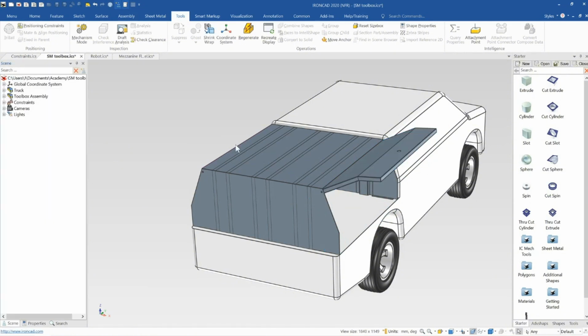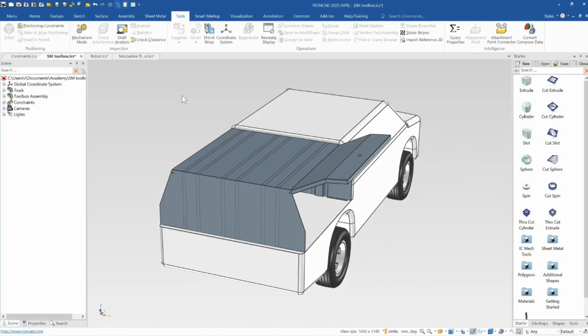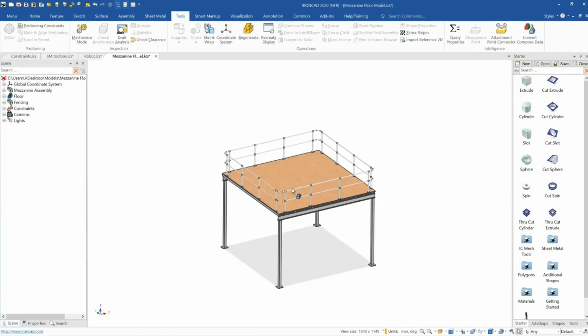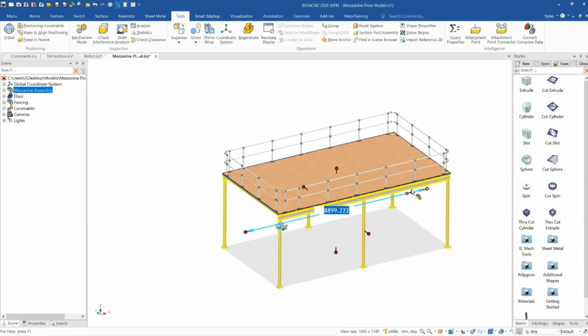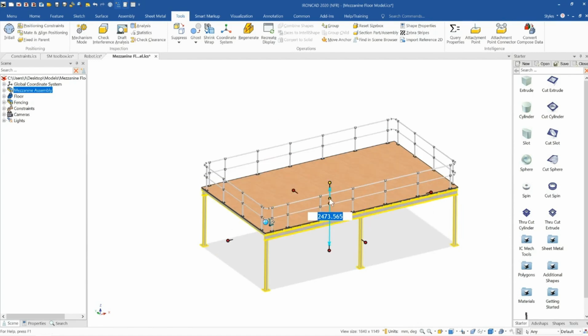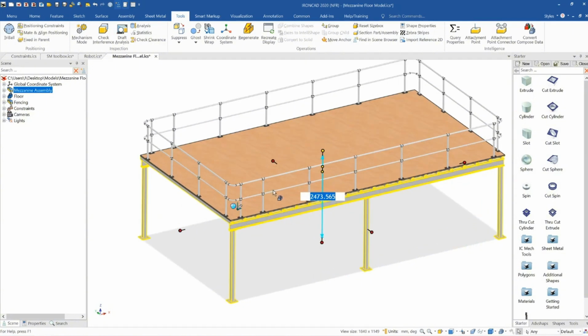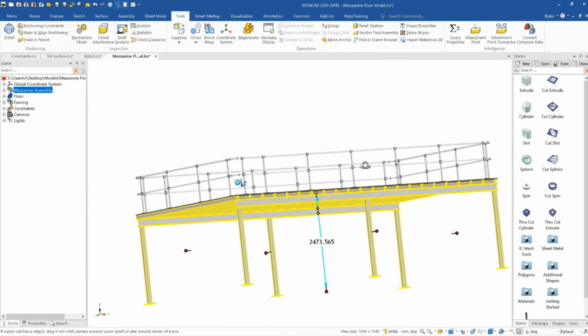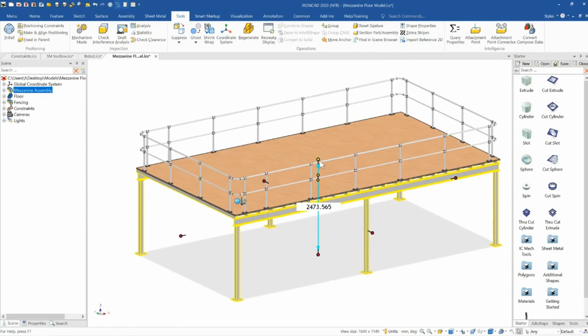Positioning constraints are also a gateway to more advanced functionality, like we can see here with this mezzanine floor. When we resize this, all of the parts in the model are automatically updating for us. And you can see if we pull this downward, the frame is pulling the floor and the fence downward with it to make sure that it always stays on top of it. If we push it upward,